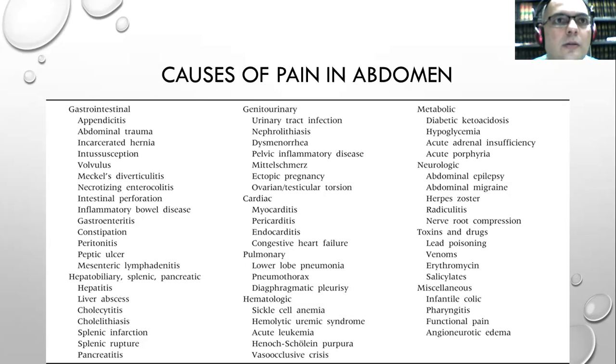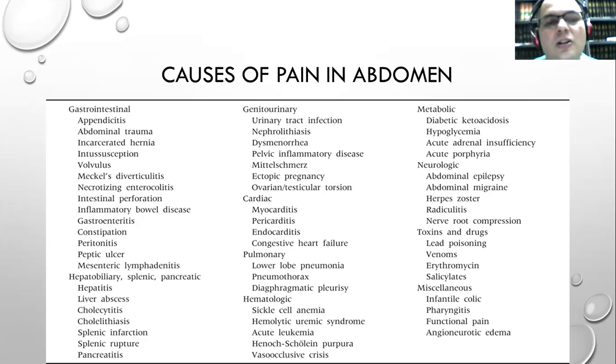Those diseases are hepatitis, viral or non-viral, liver abscesses or splenic abscesses, splenic puncture, cholecystitis or cholelithiasis, cholelithiasis partially or completely blocking the bile duct CBD, splenic infarcts as in case of sickle cell anemias, pancreatitis acute which